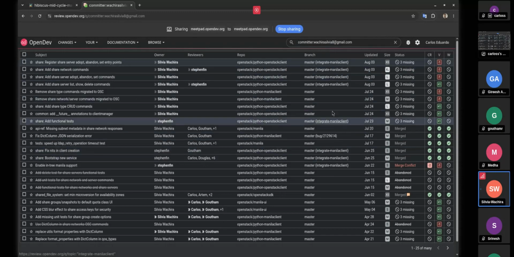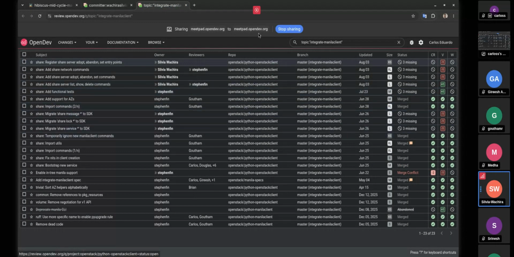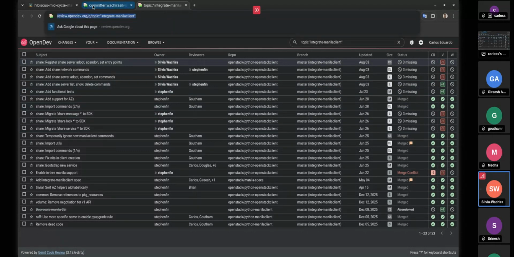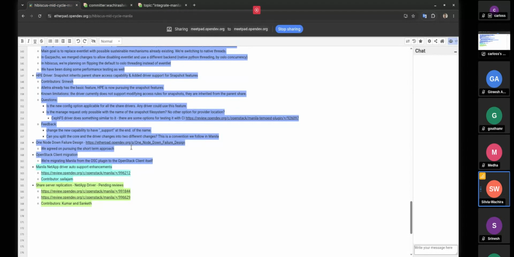I have also done patch 990746, which migrates share server commands to OpenStack client, restored some missing filter options, and updated the implementation based on review feedback. And I've also migrated the open share network commands, which is complete and waiting for review.